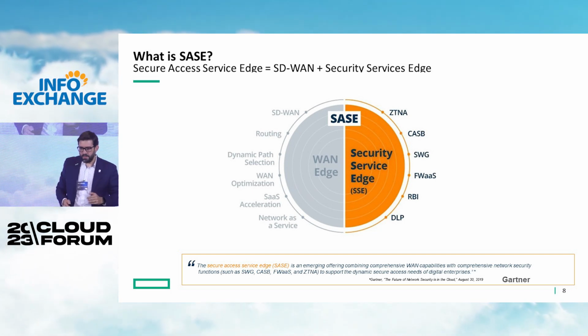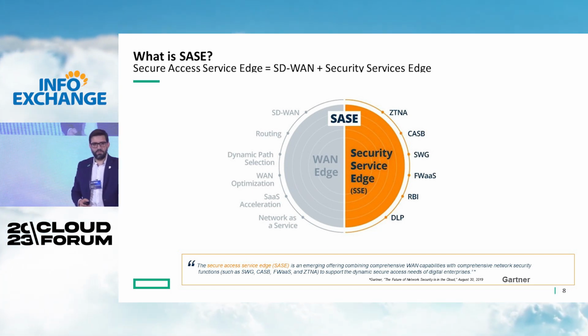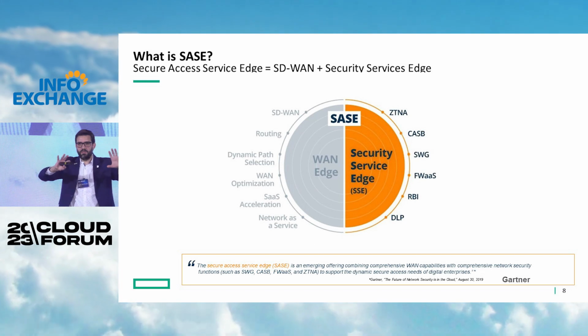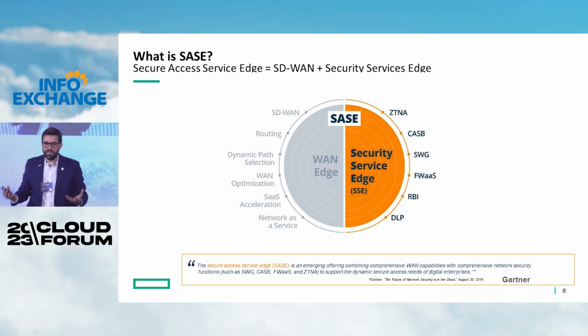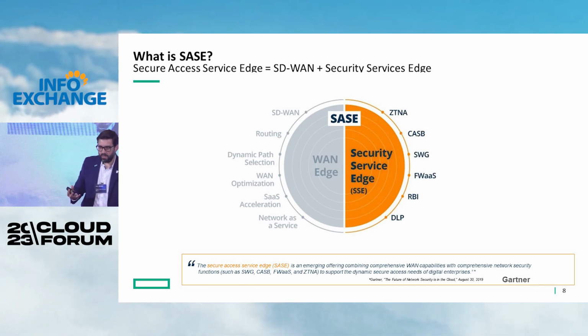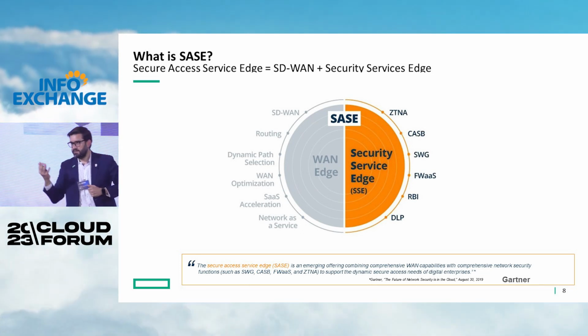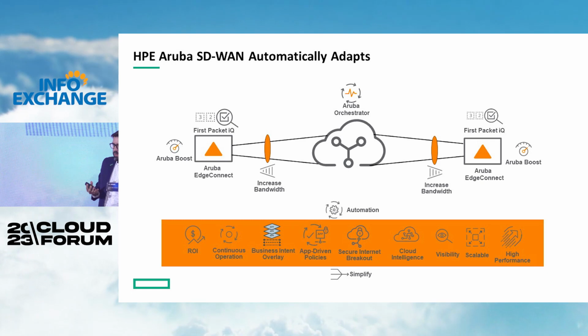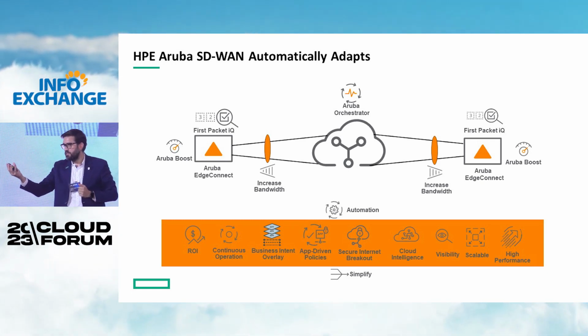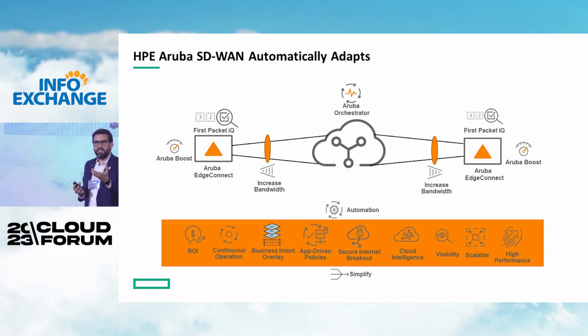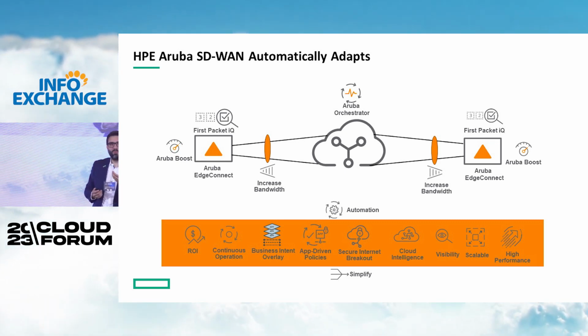But going through SD-WAN first, okay, remember, SASE, Secure Access Service Edge. It has 2 components that have been evolving into SASE: SD-WAN and SSE. SD-WAN being software-defined WAN, SSE meaning Secure Service Edge. We're gonna check a little bit on SD-WAN, and what we can do with the SD-WAN, and this is really